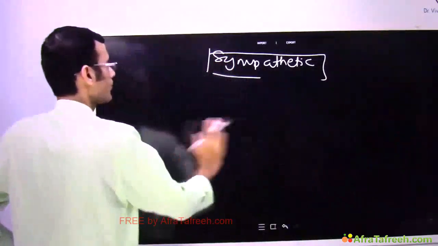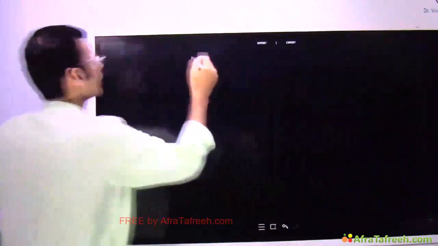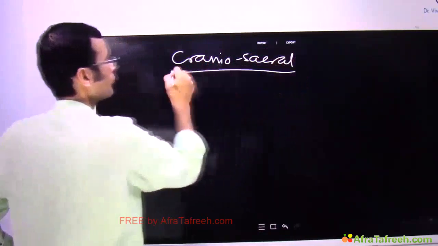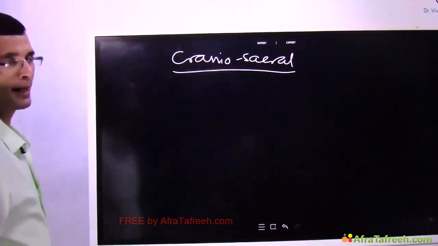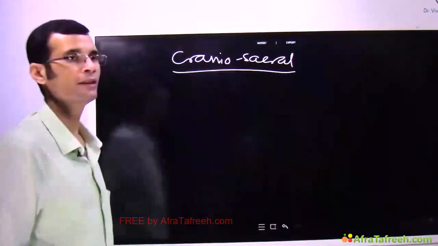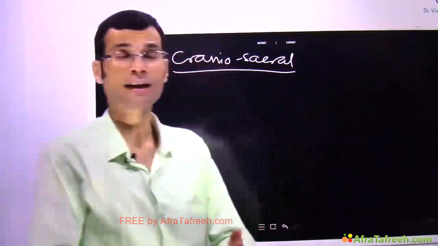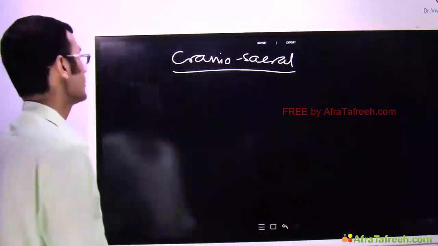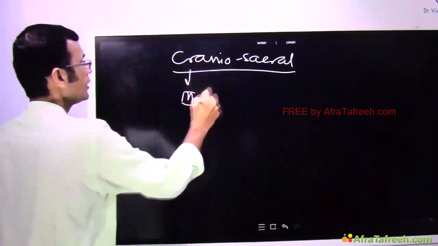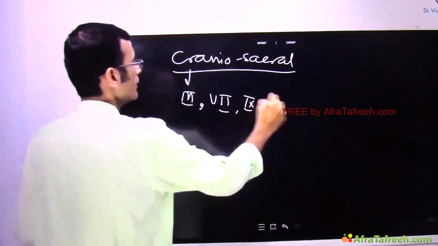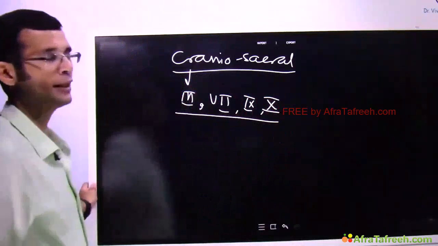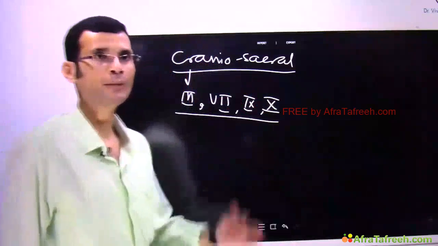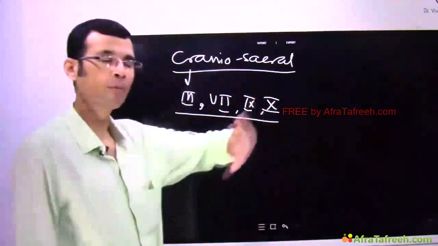The parasympathetic division is called the craniosacral outflow. So cranial nerves are parasympathetic in function, and parasympathetic nerves also arise from the sacral segments. All cranial nerves are not parasympathetic. The 3rd, 7th, 9th and 10th cranial nerves perform parasympathetic function. The remaining cranial nerves are somatic, like those for movements of the eyeballs and movements of the tongue. They perform all the somatic functions.